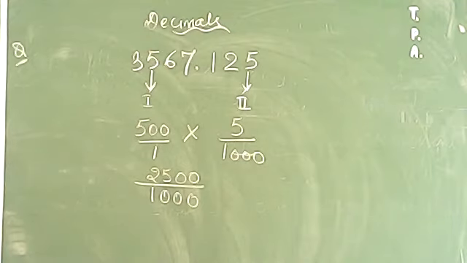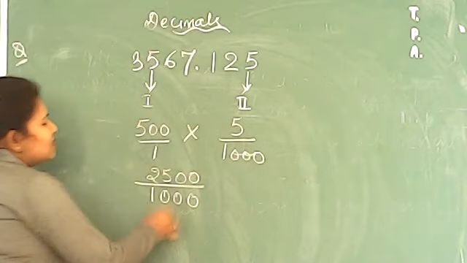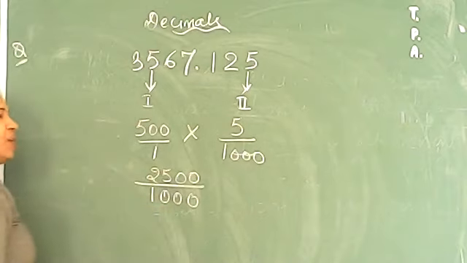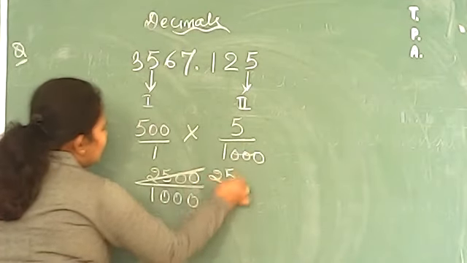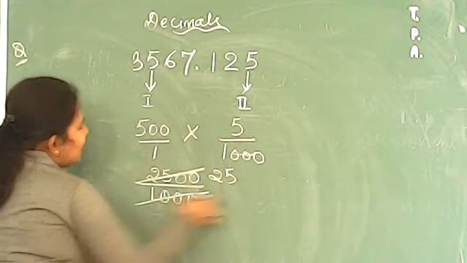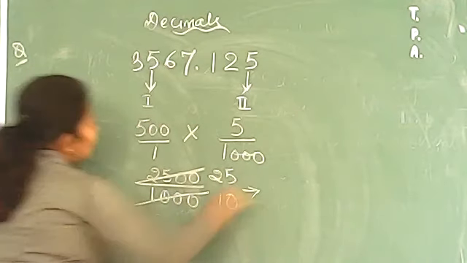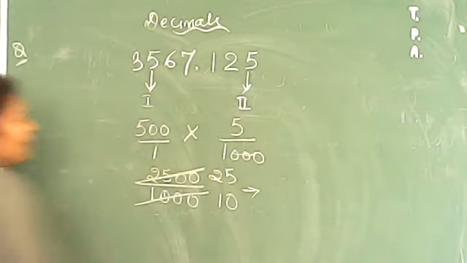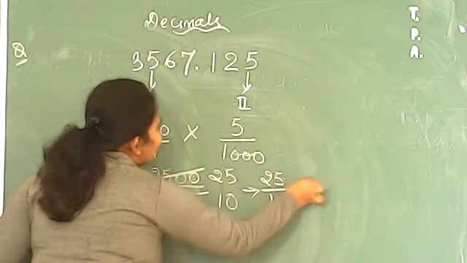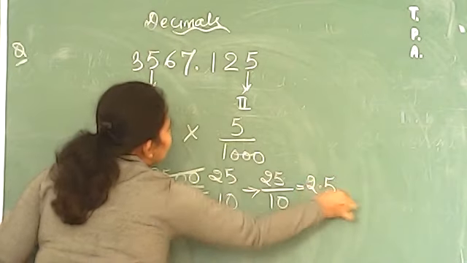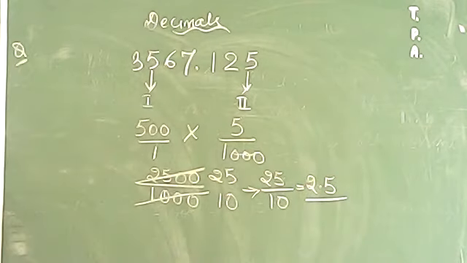So if you can see here, we can cancel, we can make it simplest form. And how can we make it simplest form? You can cancel by 100. So when you cut with the table of 100, you will get 25 here because 2 zeros will cut, and this will give you 10. So 25 by 10 will come, and 25 by 10 in the form of decimal will give you 2.5. Okay, because you can write it down in the form of decimal as well.